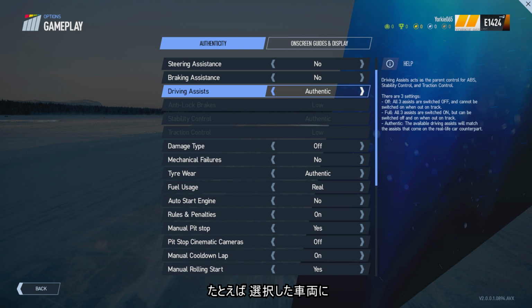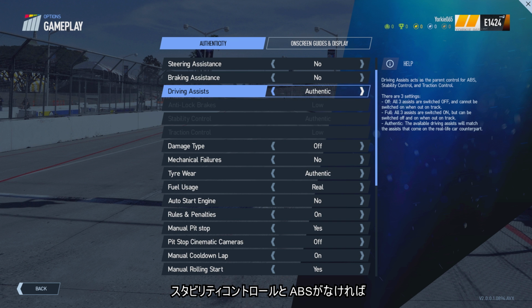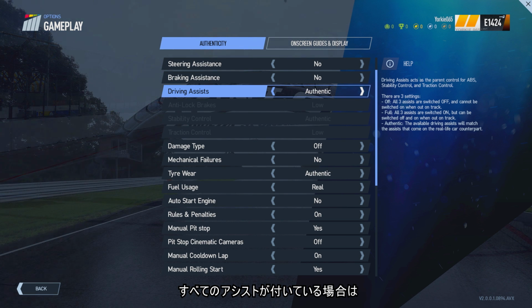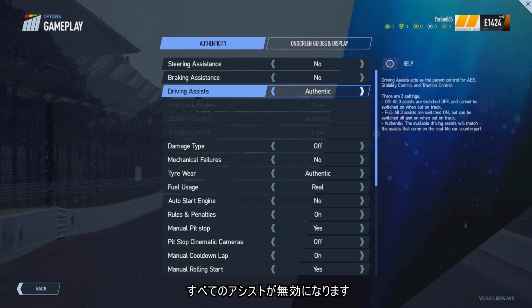So if the car has, say, just the traction control but doesn't have stability control or anti-lock brakes, your car in-game is going to have that as well. And likewise, if it has all assists on, it will have all the assists there available for you to tweak and toggle on and off. And then if it doesn't have any assists at all, then obviously all the assists are going to be removed